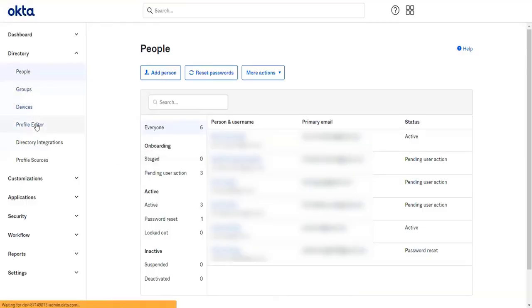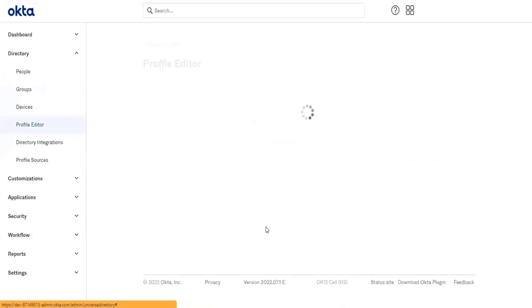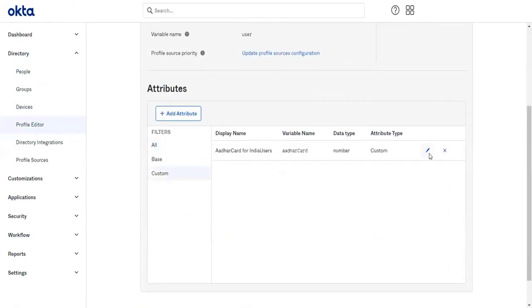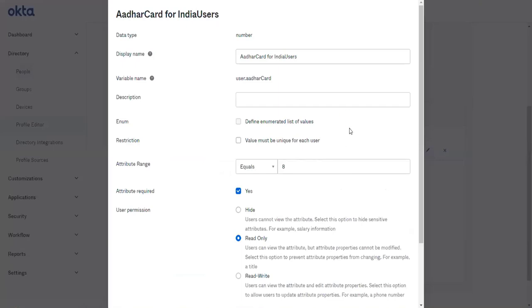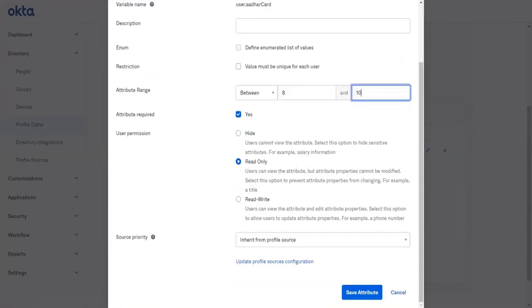Let me go to the editor again. I will make it between 8 and 10. Let's see.